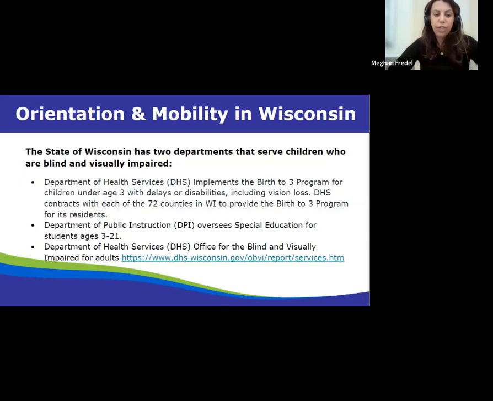Then we have the Department of Public Instruction, also known as the DPI, and they oversee special education for students ages 3 to 21. And then I also want to touch on the Department of Health Services again, because they have the Office for the Blind and Visually Impaired, and they work with adults. So those are 3 important agencies to keep in the back of your mind if you need support or have questions. The DPI also has a program website,